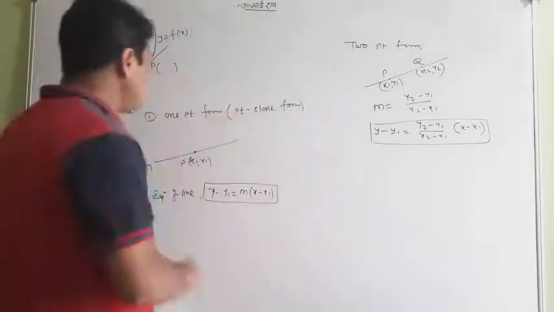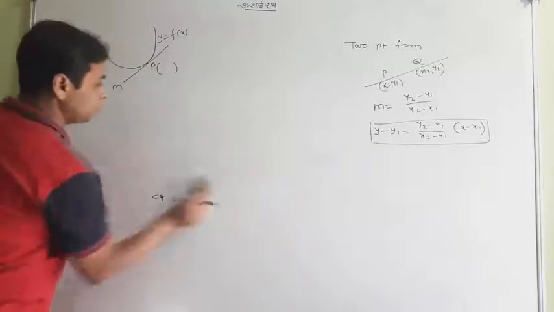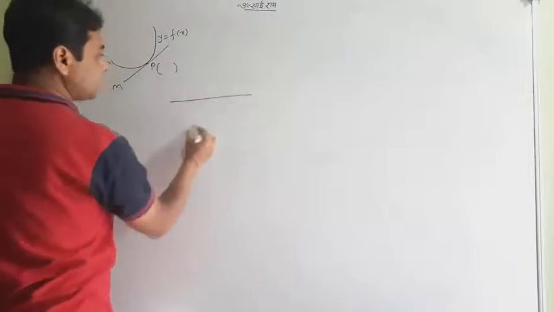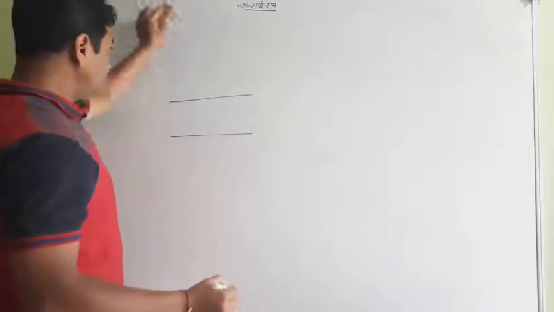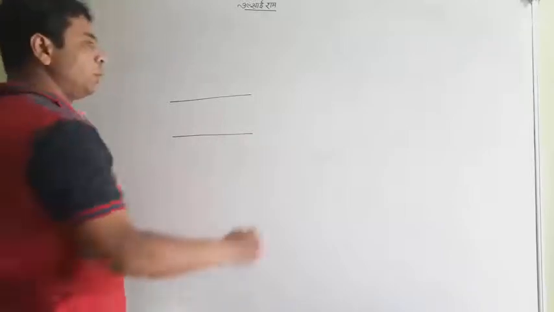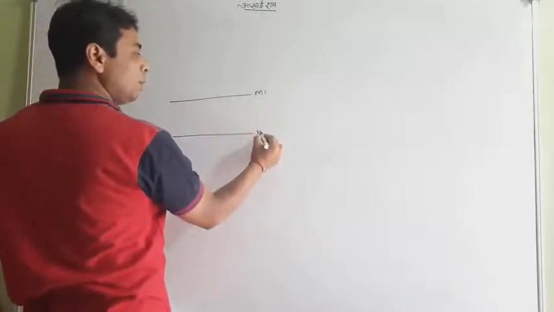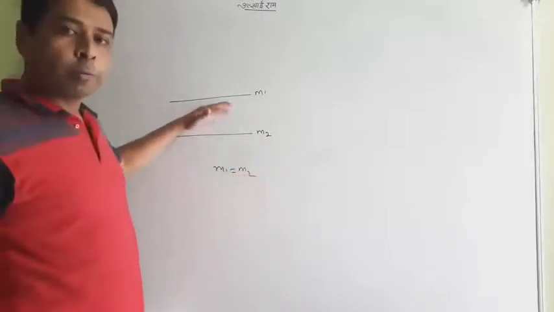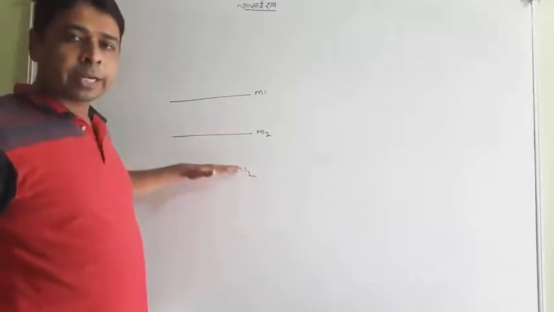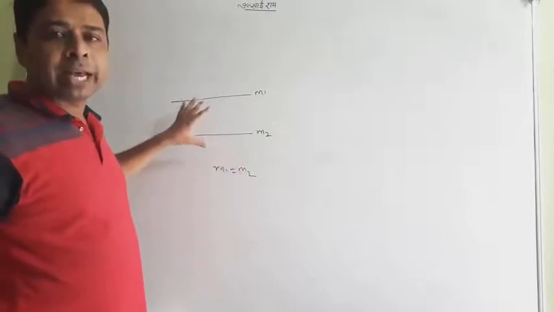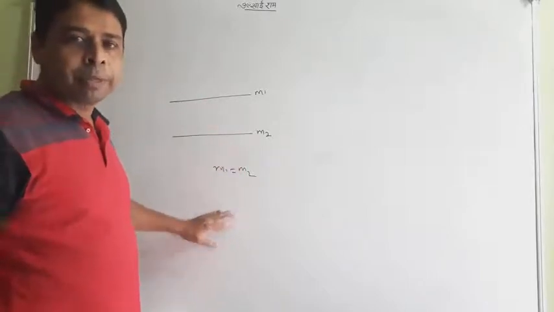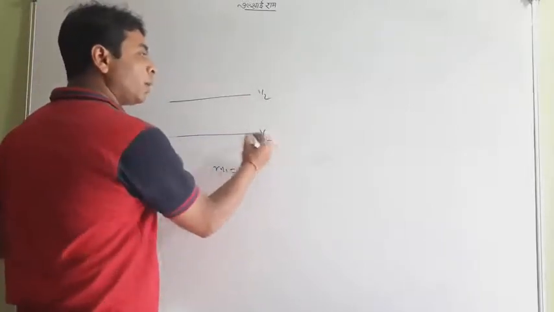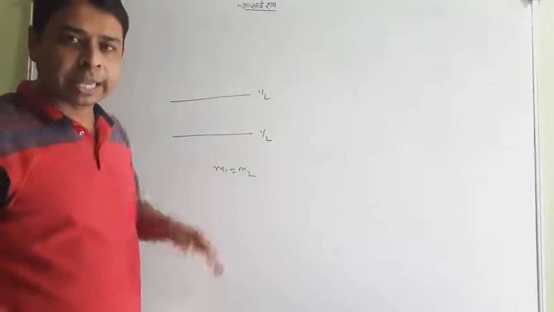Okay, further study says, look at when two lines are parallel. If the slopes are m1 and m2, one should know m1 equals m2, meaning the slope of the first line is m1 and the slope of the second line is m2. When lines are parallel, their slopes are equal. Meaning, if the slope of this line is half, without any worry you can take the slope of the other line also as half, because the lines are parallel.